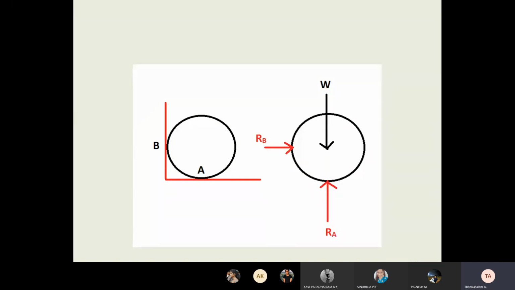So the ball is acted on at A and B. What is the action? Weight. Weight generally acts vertical downward. Therefore, it is touching the surface, and that's why the reaction RA goes in the opposite direction. Why is RA upward? Tell me. RA means reaction at A. Why is RA upward?